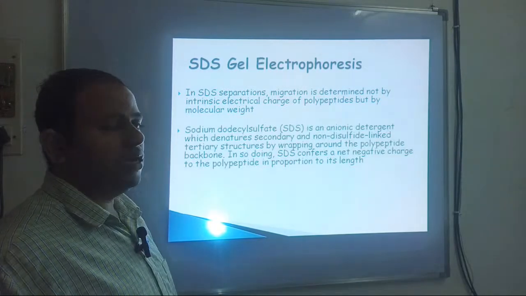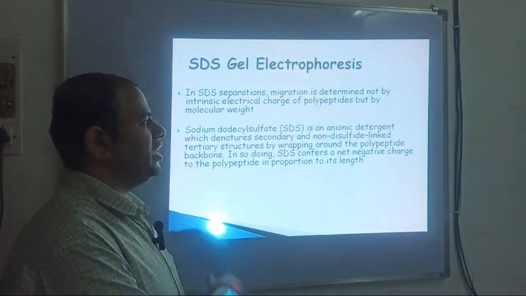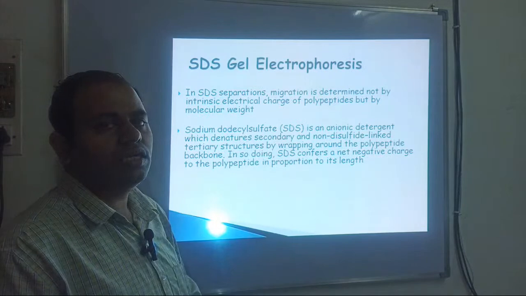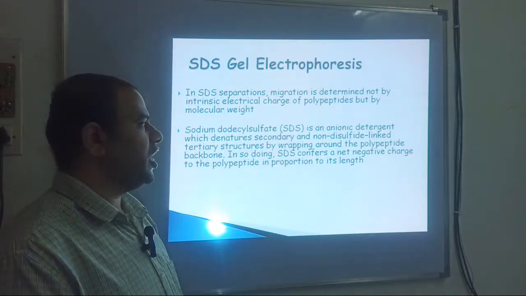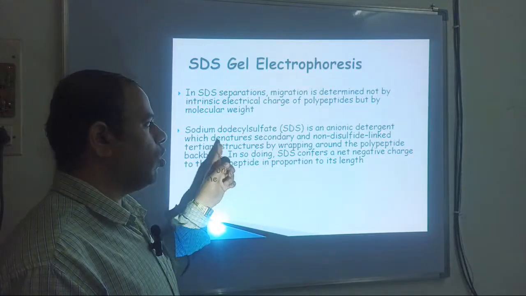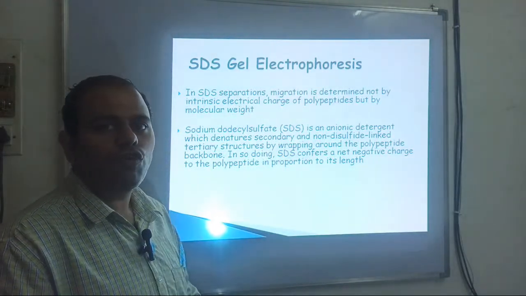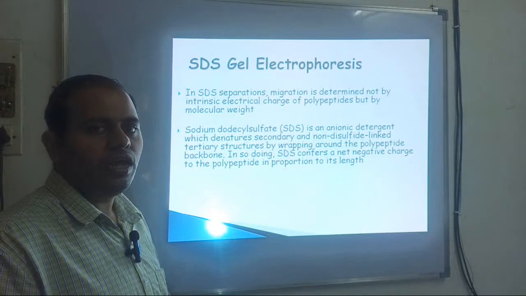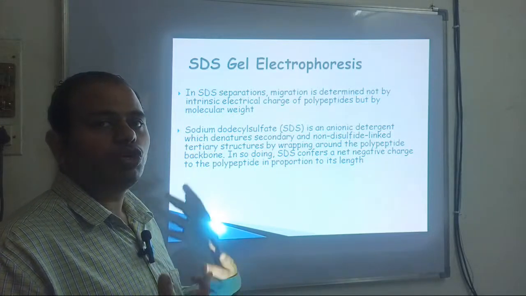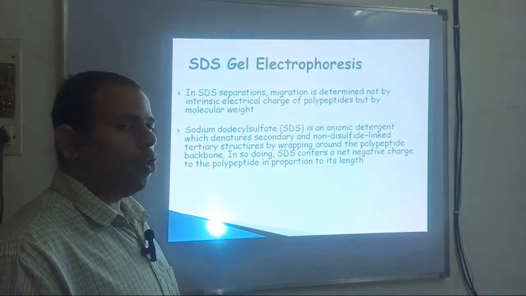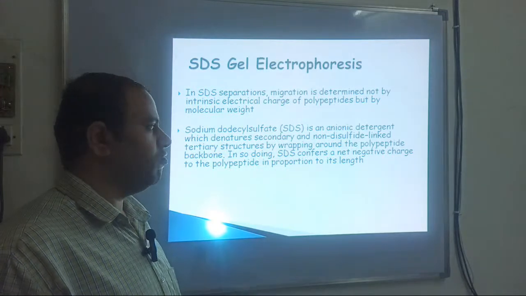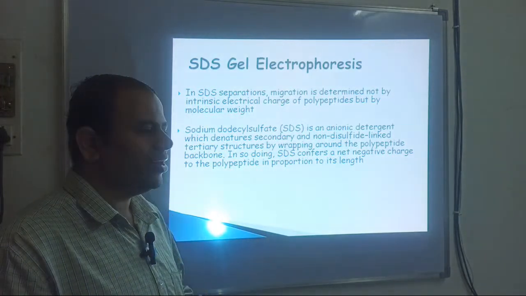In SDS, I told you about native PAGE. SDS is used to give the negative charge, as a detergent. Plus, it also breaks the disulfide bridges. Now, for electrophoresis of protein especially, the protein molecule needs to be in a primary state. So all kinds of interactions in the protein which form secondary, tertiary, or quaternary structure have to